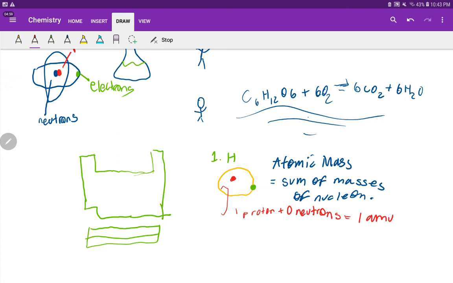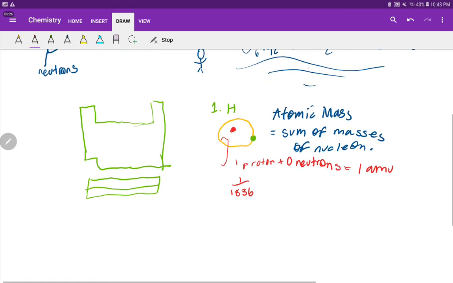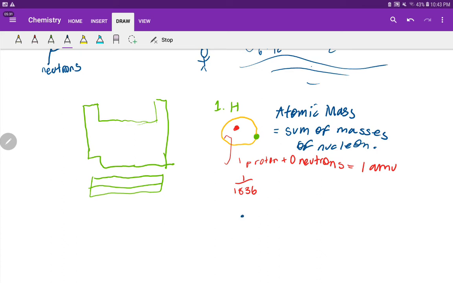In reality, a proton actually has slightly more than one atomic mass unit, and a neutron has a bit more than a proton, but both of them are so close to one that it's virtually insignificant. Additionally, you might say that electrons have mass, but they're only 1/1,836th of the mass of a proton. So they're generally ignored as well. So now let's try another example. Here we have